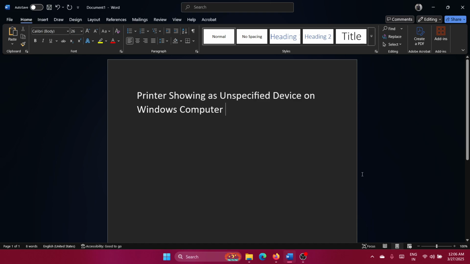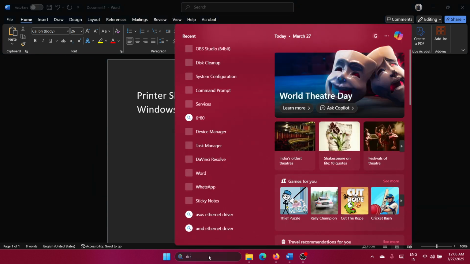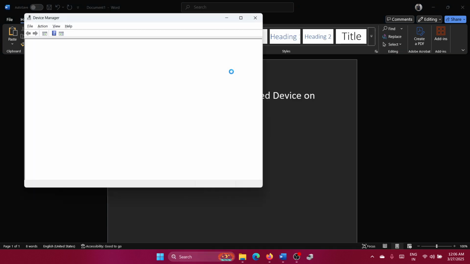Hey friends, if you encounter this issue where the printer is showing as an unspecified device on your Windows computer, then please watch this video. I will guide you through the procedure. Now, it's not very difficult to resolve it, but before anything else, just search for Device Manager, open the Device